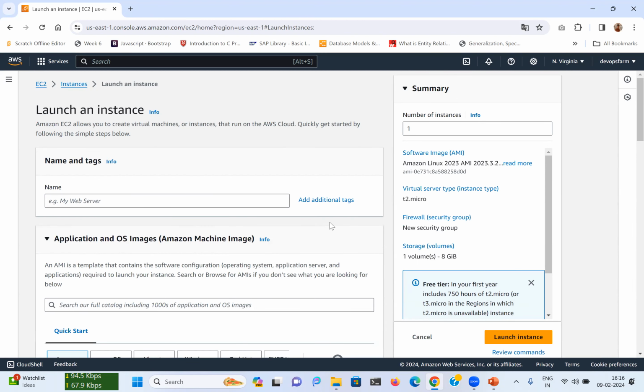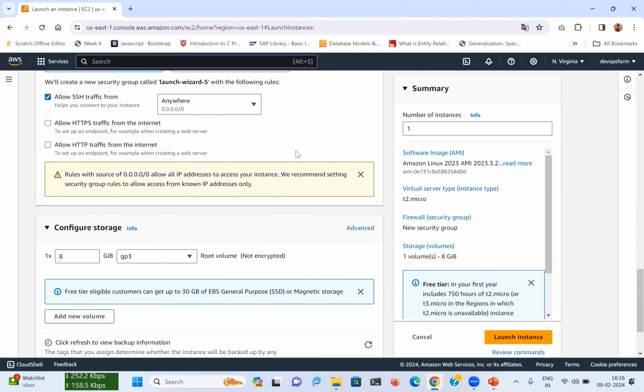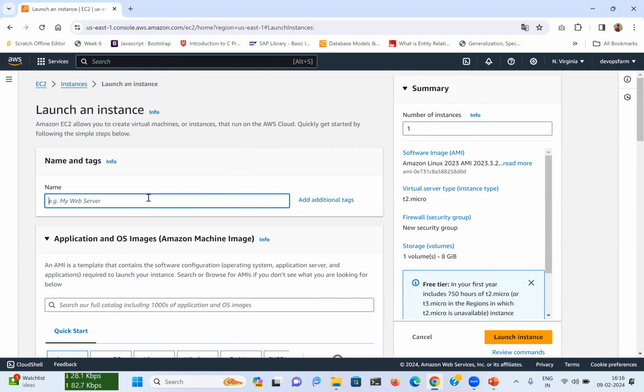So once you click on that button, it's going to show you this kind of long configuration page. Here you need to provide your server configuration. You can assume this process like you are going to market to purchase a server. Before purchasing the server, you need to tell the specification, what are the things you want in your server.